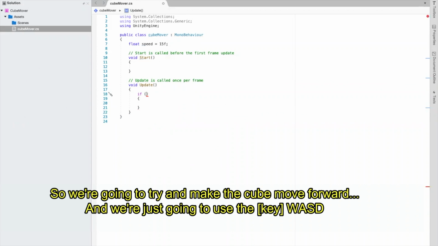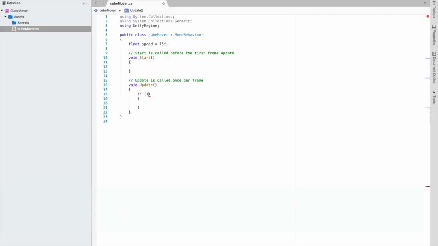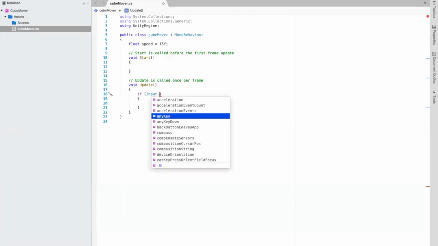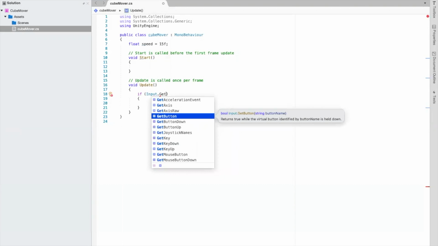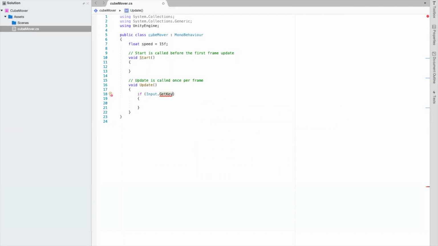So we're gonna try and make the cube move forward, and we're just gonna use the keyboard WASD. So if Input.GetKey, parentheses, and then KeyCode.W because we want it to move forward, curly brackets,